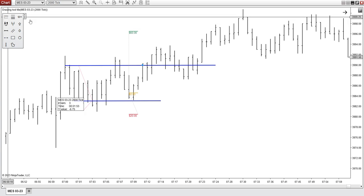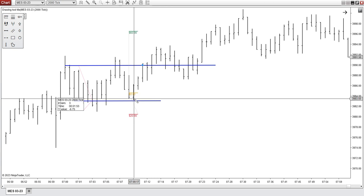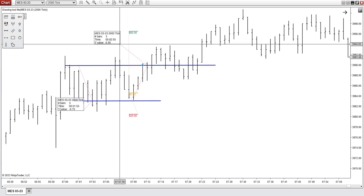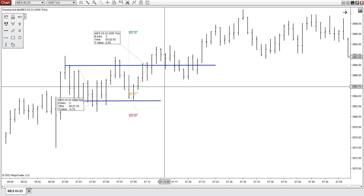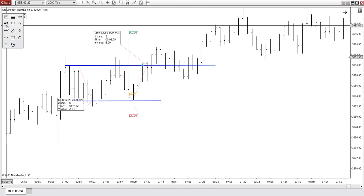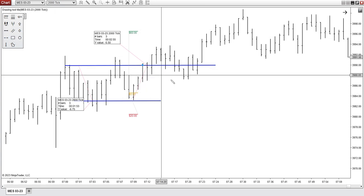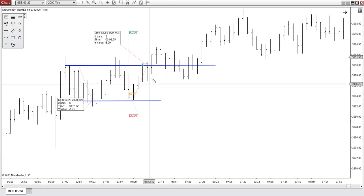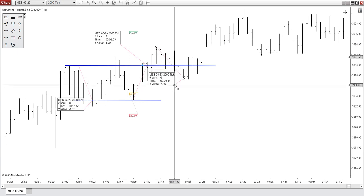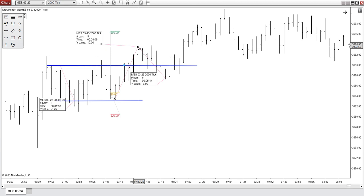So if I go to the next, if I'm trying to get, ideally it's a 3-to-1 trade, but oftentimes I can do a 1-to-1 or a 2-to-1. I'm going to measure that up. How big is this swing here? How big is that pullback there? That's 6 ticks. This upswing is 10,